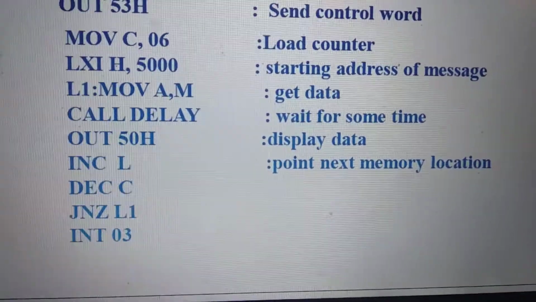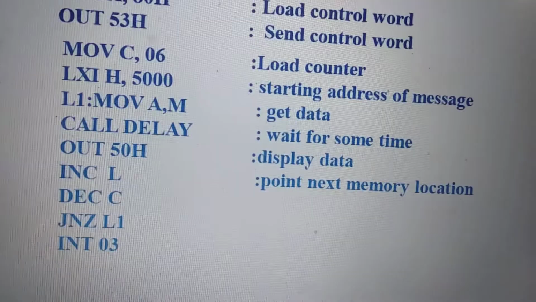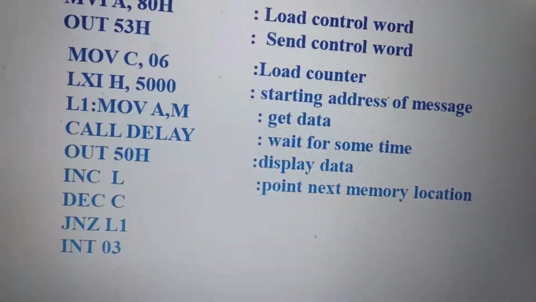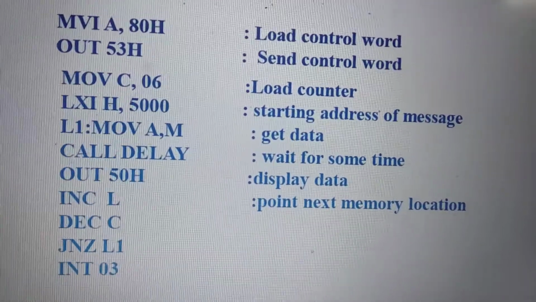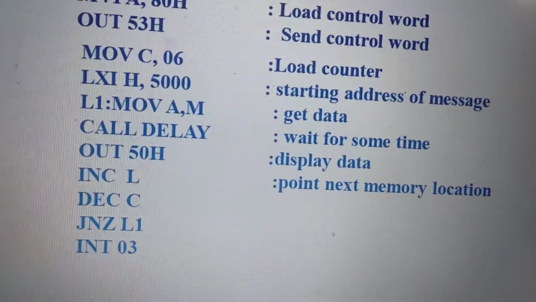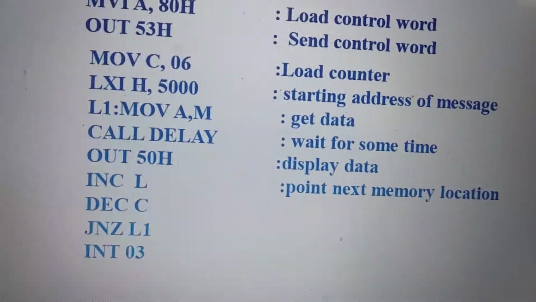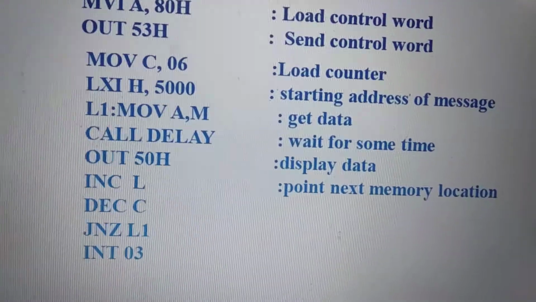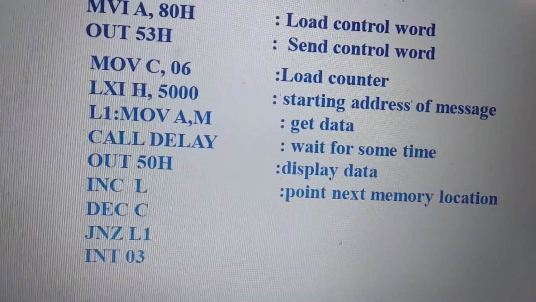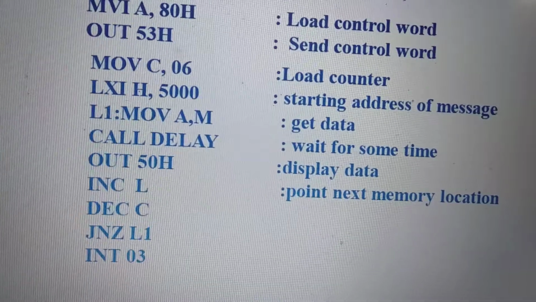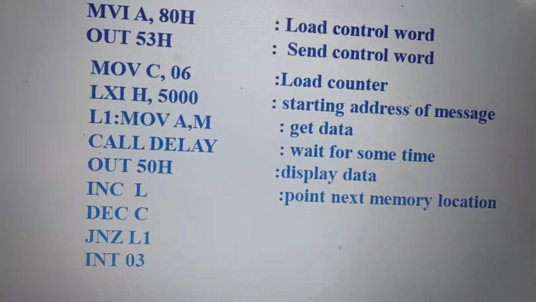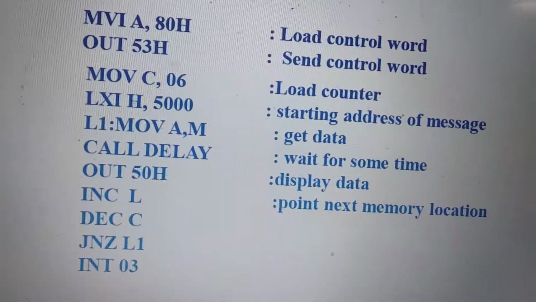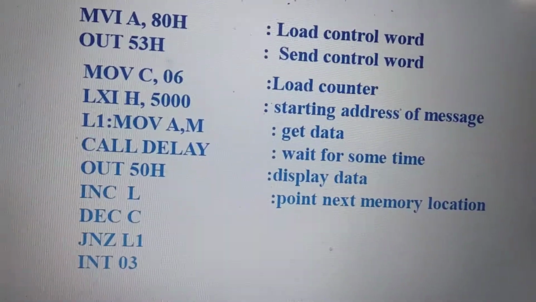Then I have written a delay program called delay. We will wait for some time, and then that data is displayed at 50 hex, the address of port A, where the 7-segment display is connected. Next, increment L by 1, so now the pointer will be at memory location 5001 to fetch the next data from the lookup table.